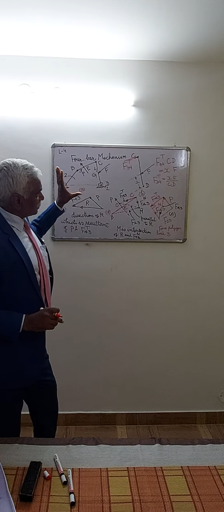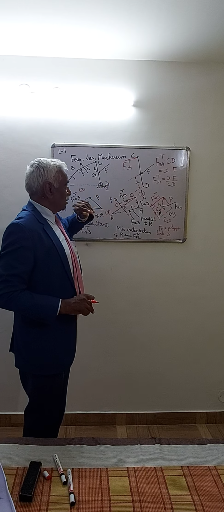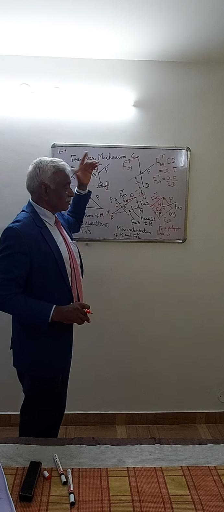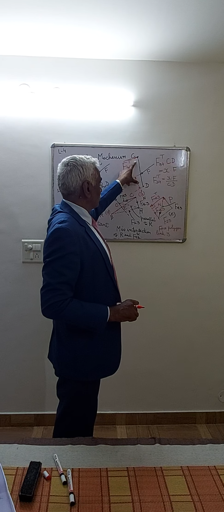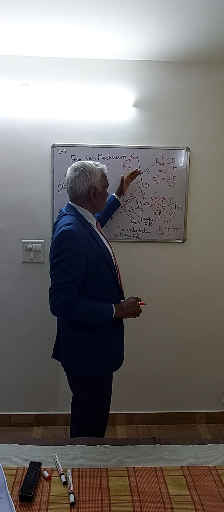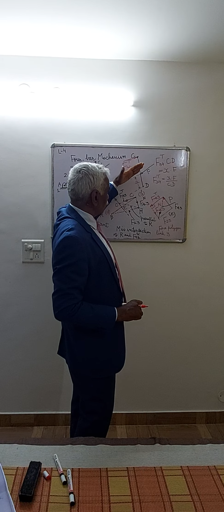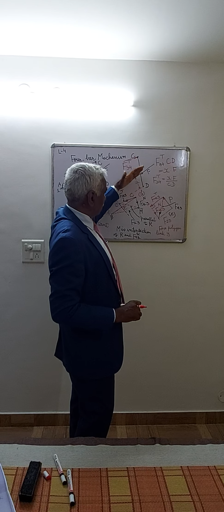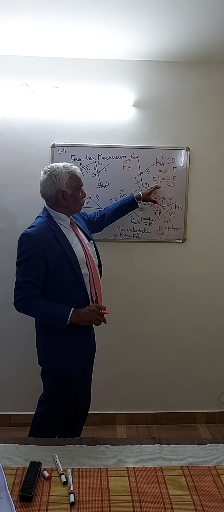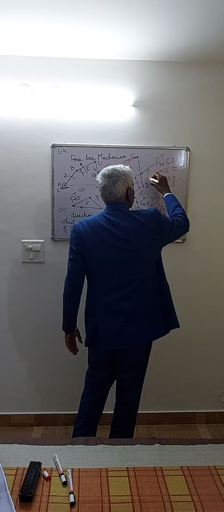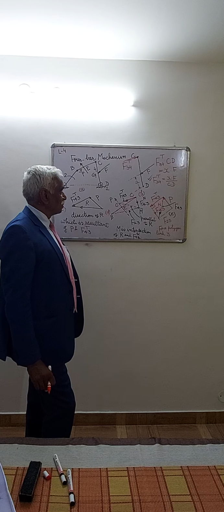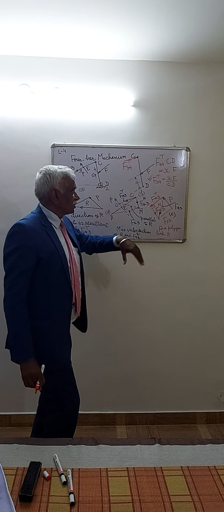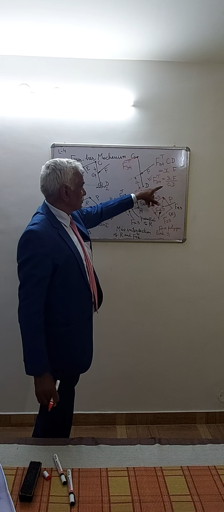F34N. So it is easy to find the magnitude of F34T by taking moment about point D. So it can be taken by the moment equation: F34T, which will be perpendicular to the link, F34T into CD is equal to F into X, where a line of action is drawn parallel to the line of action of this force from here, and the shortest distance is X. So F34T, which is a perpendicular component on link CD, has magnitude X into F divided by CD.